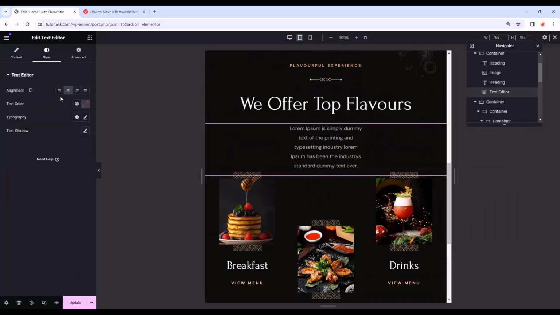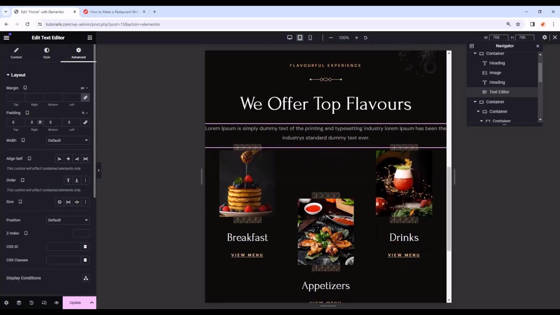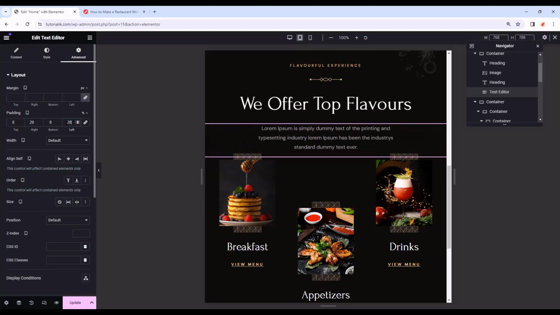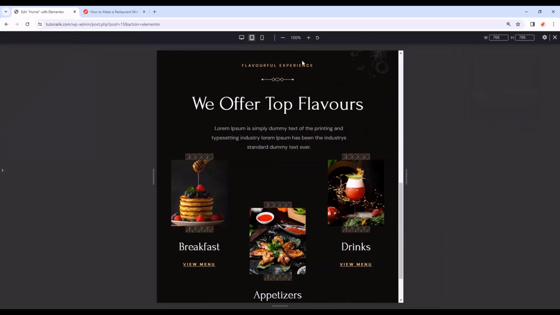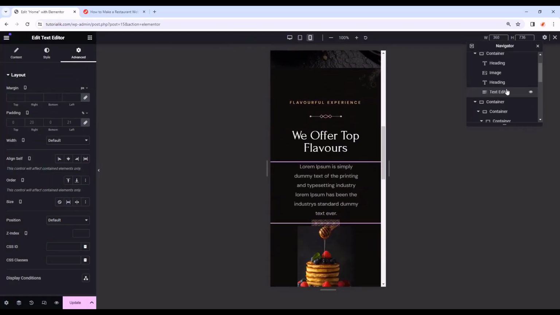And now finally select this paragraph, and from the advanced, let's decrease the padding to like 20 pixel and 20 pixel on the sides, and it's looking perfect. Amazing. Now let's check the mobile mode. In the mobile mode, let's select